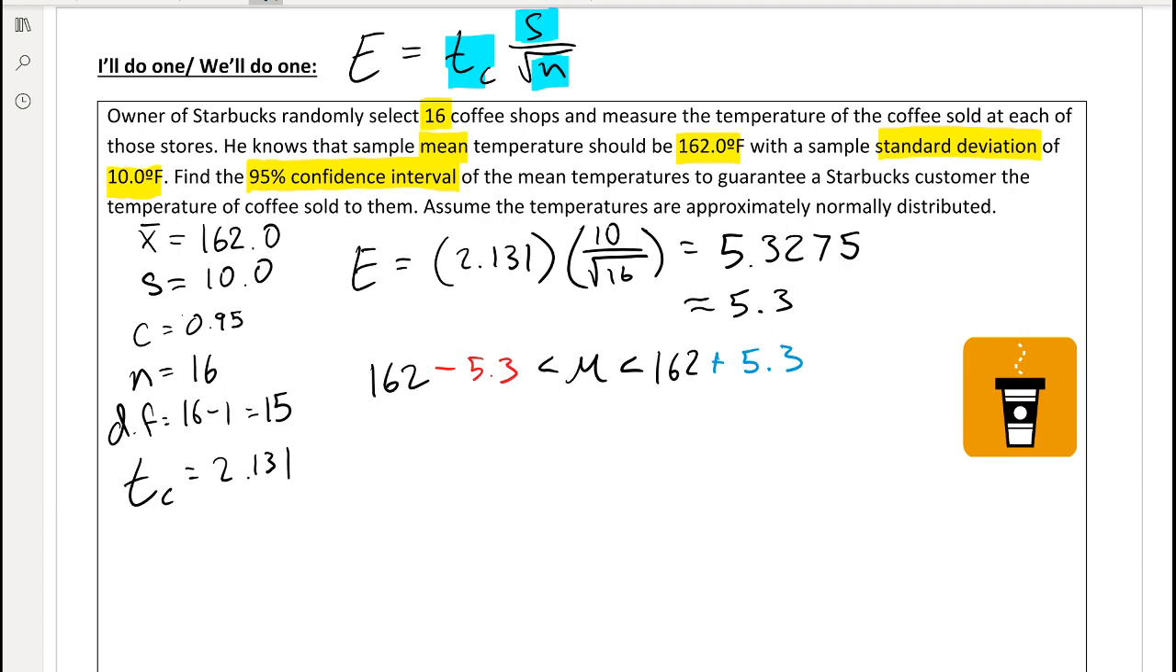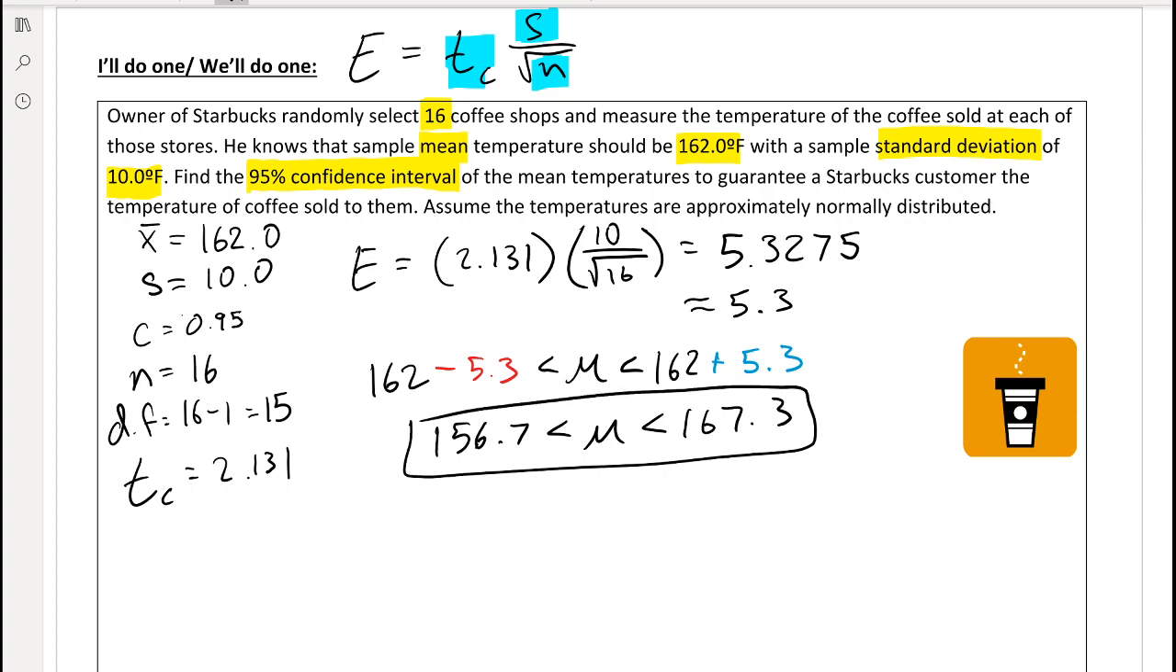Do that calculation. 162 minus 5.3 is going to be 156.7, my lower bound, and my upper bound is going to be 162 plus 5.3, which is going to be 167.3. And that's it. That's my confidence interval. Okay? And that's pretty much it when you're working on this problem. It's just like the last section, right? Except now our sample size is just a little bit smaller, which means that we have to use a different